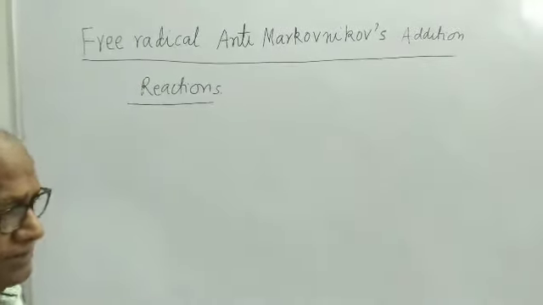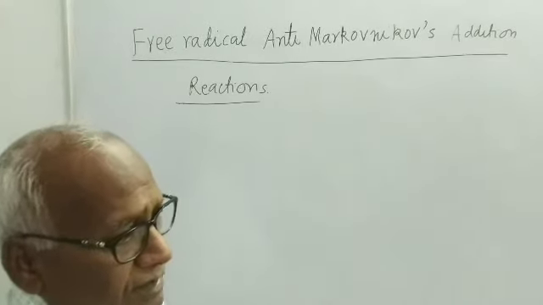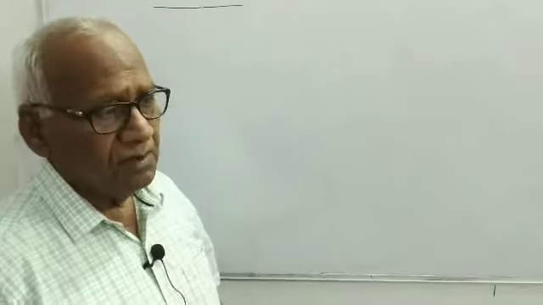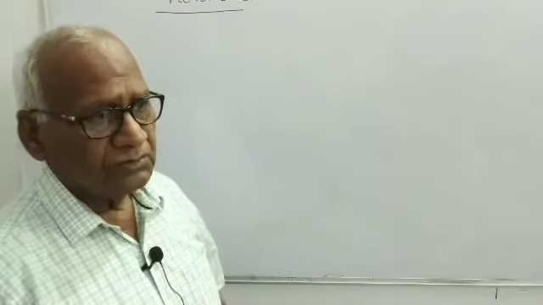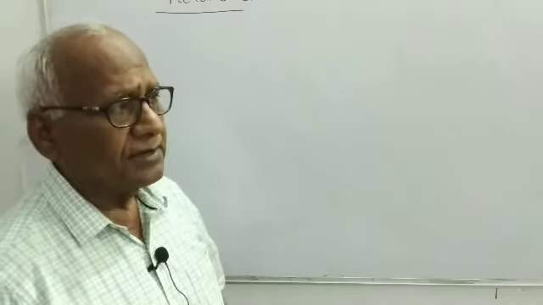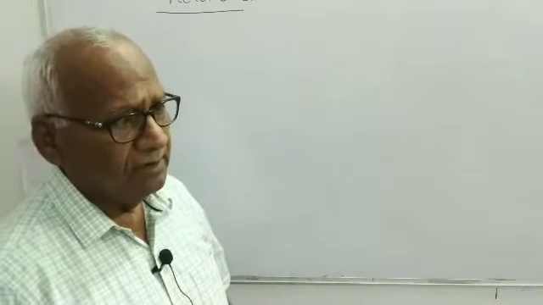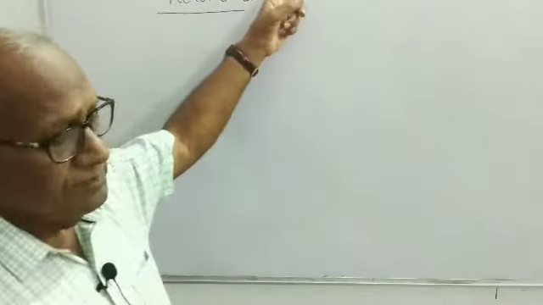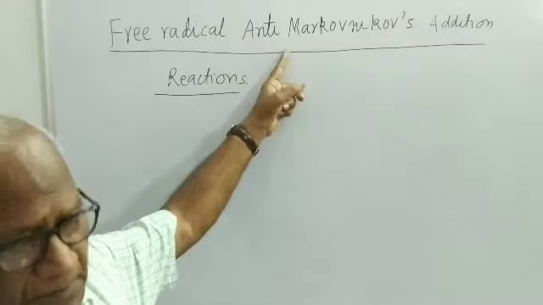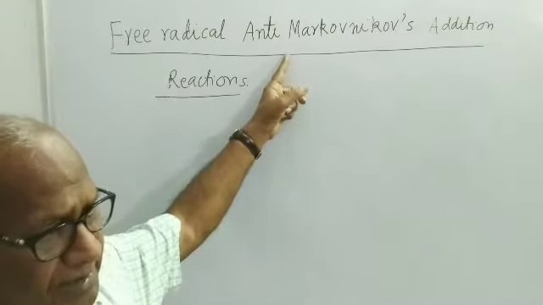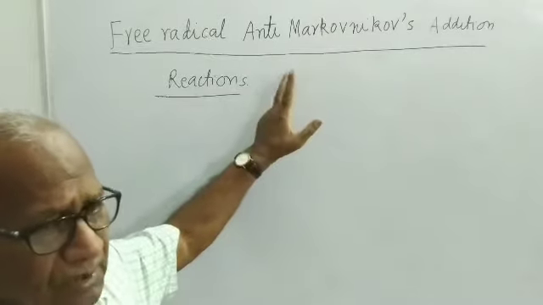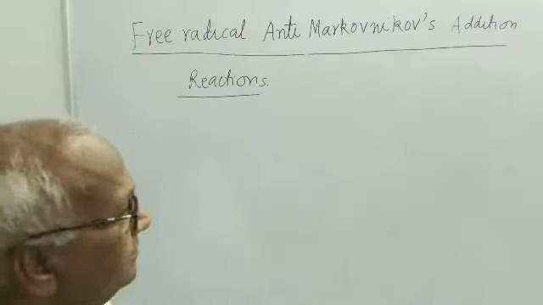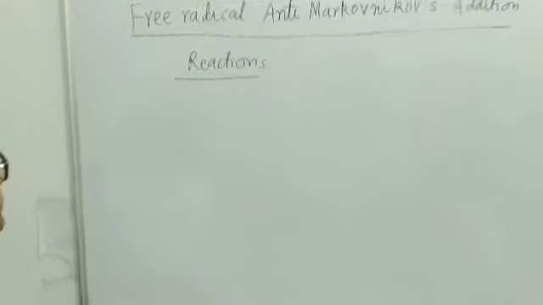Markovnikov addition reaction is an ionic reaction which proceeds through an ionic intermediate, while anti-Markovnikov addition reaction proceeds through a free radical intermediate. In both of the cases, we get the different product. Say for example,